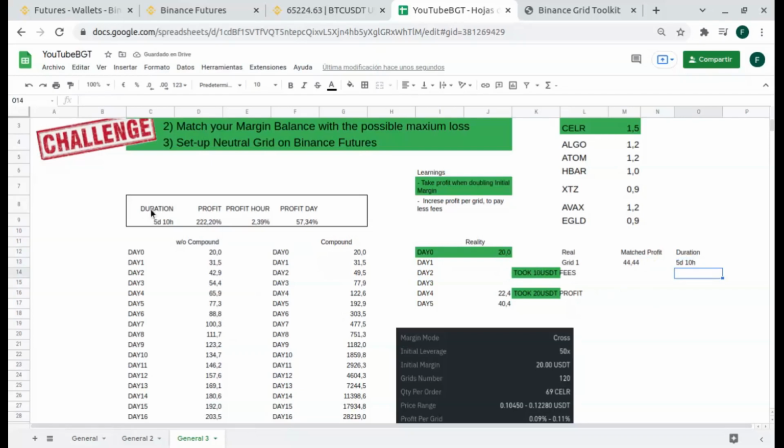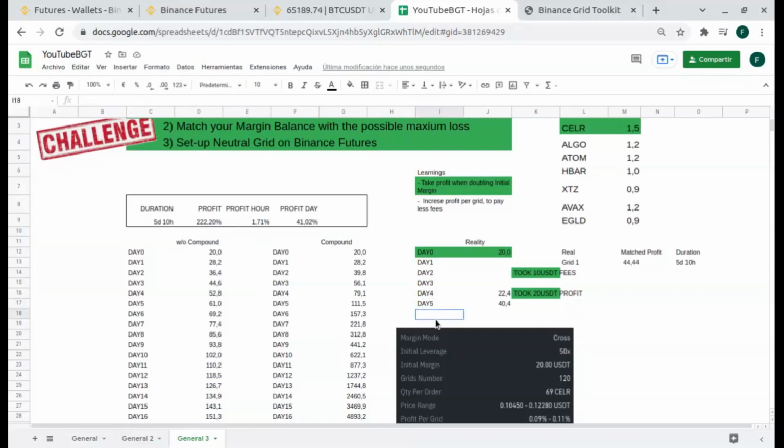So the profit in this case would be the profit we reach with the match profit. It was a very interesting profit, and the profit per hour would be over the 5 days and the 10 hours. So yeah, we're reaching an hourly profit of 1.71%. That is pretty good. So I think we should keep on going, because as we're going to see